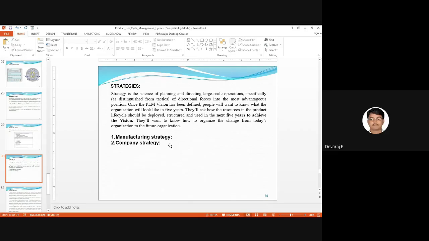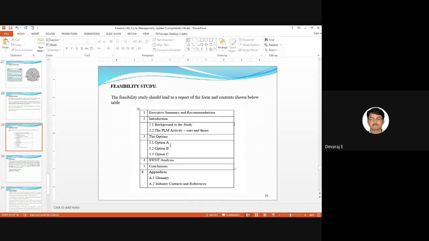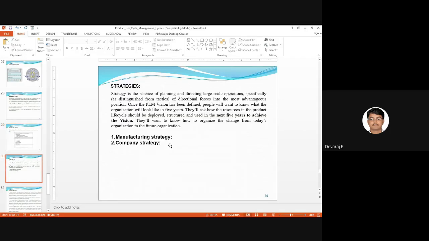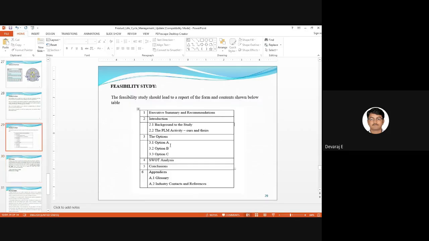Okay, good. The main thing of a company is strategy, in the sense that they will be looking at the next 5 years. For example, if they've done this XYZ for product A, and if product B is launched to the market, then that product B should at least sell for the next 5 years. That is called the aim, or the vision of the company. If there are options A, B, C, and A fails, then they will go for B. Then if B fails, they go for C.